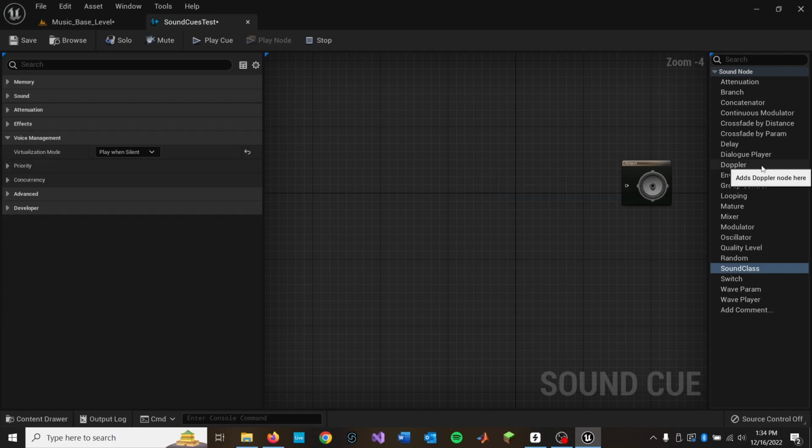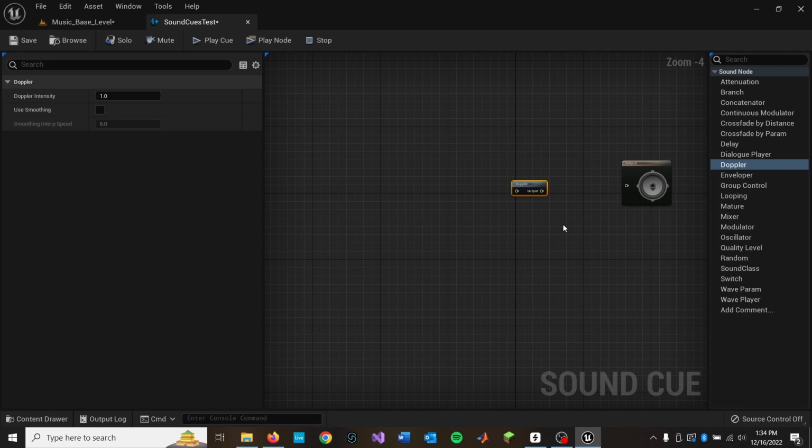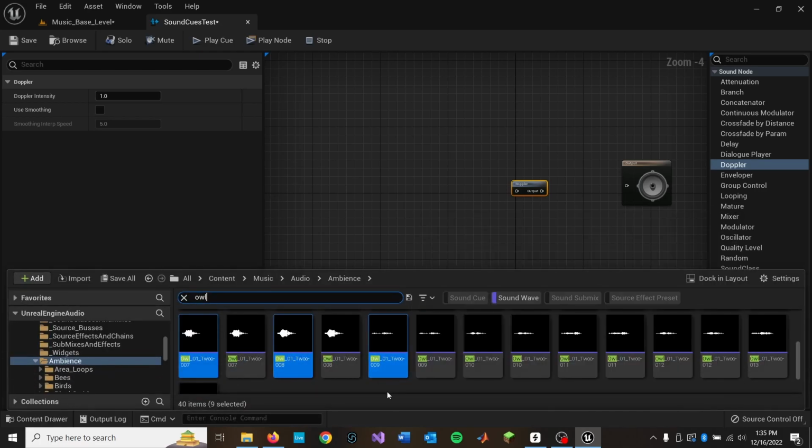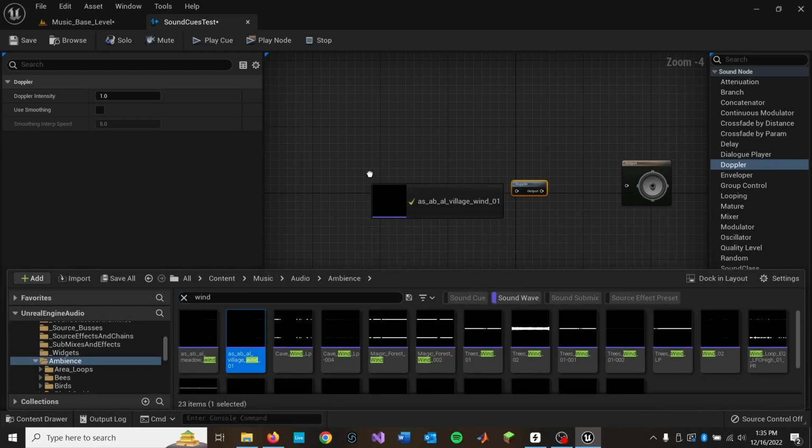One of the first effects we're going to talk about is the Doppler. Now the Doppler effect, for those of you that don't know, is how a sound behaves when you are moving past a sound source. The most common example is, think of those movies where you're driving next to a truck and it goes, that is the Doppler effect. And so, this applies directly to the sound and is affected by how quickly you are moving by the sound cue. So to show you an example,